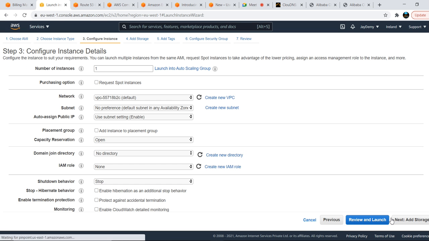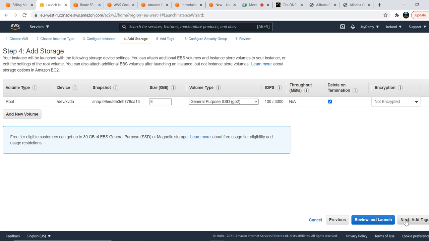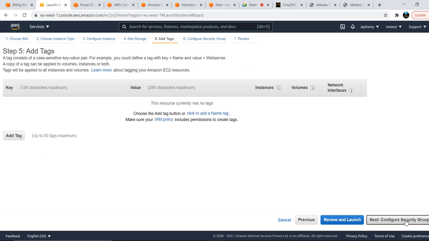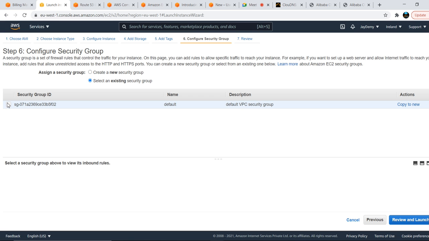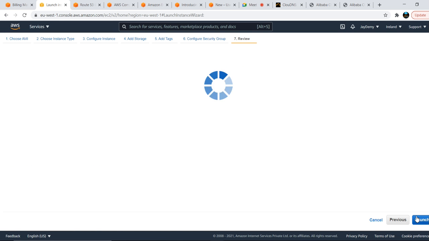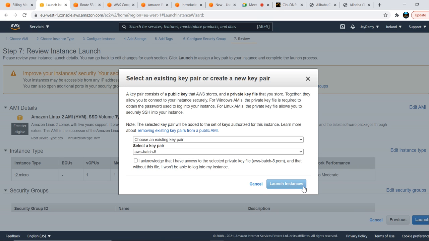So configure instance details, choose your non-default VPC, go to the subnet and add storage. Just create a root volume, add security group, choose the existing one and click on the security group ID, review and launch. While launching, you need to acknowledge that you have that key pair locally, or you have access to your key pair.